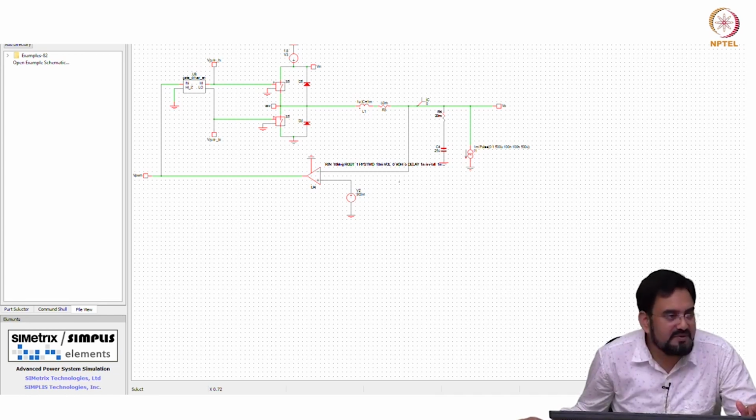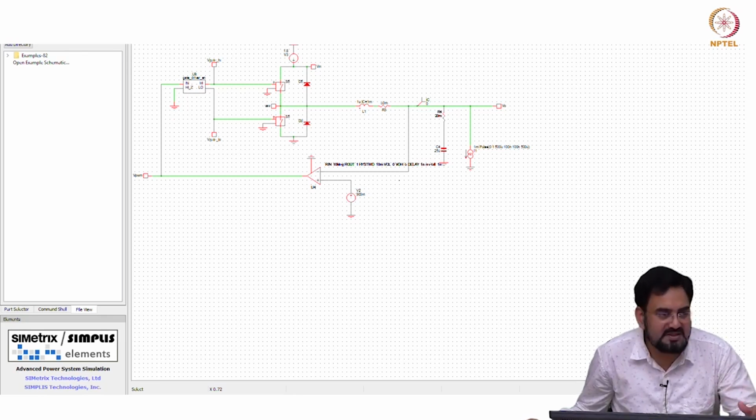So this is only suitable for large ESR. For a small ESR, let us say I make RESR 1 millivolt, it is almost impossible to design this. It will always be unstable. But in most cases we look for very high quality caps, so in that case it will not work.